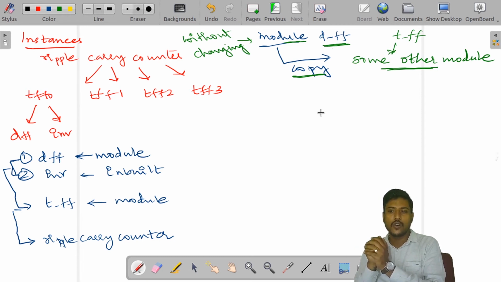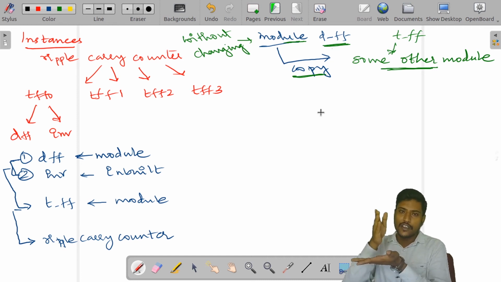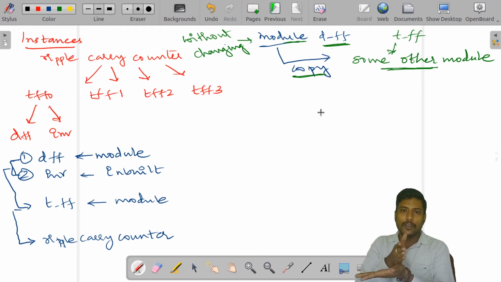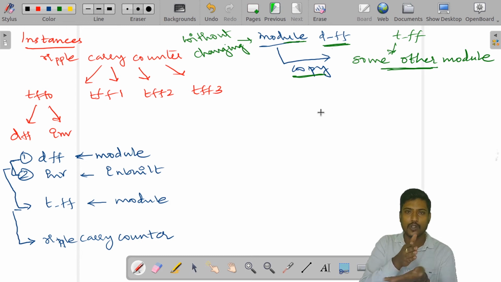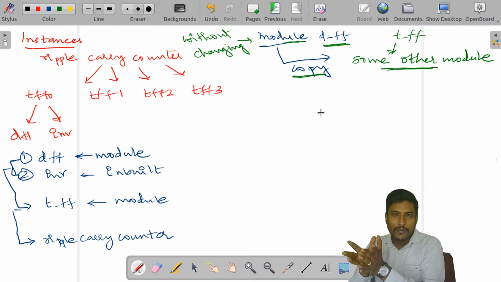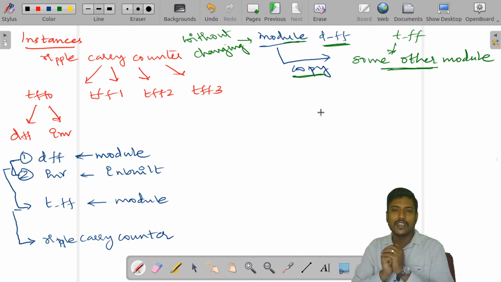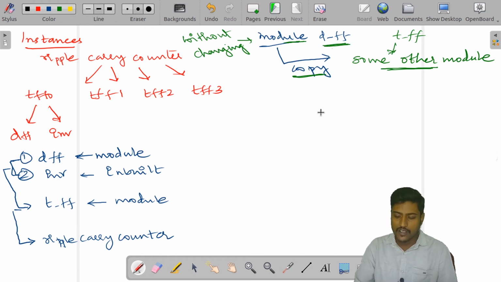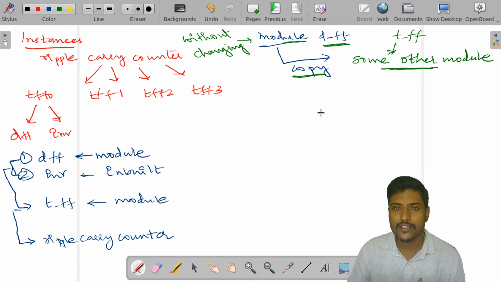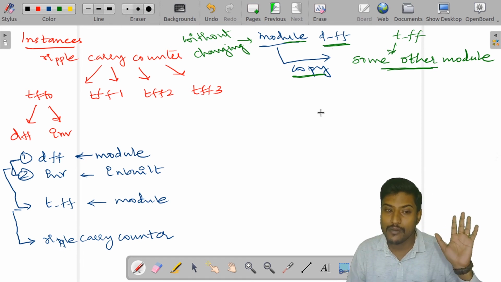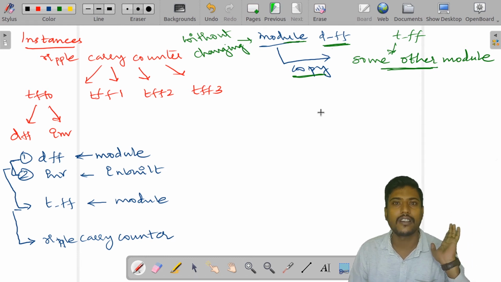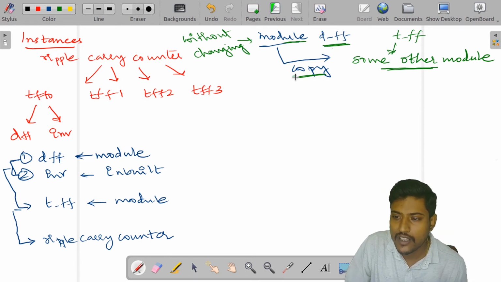So, how does it do that? What Verilog does is take your original program, take a copy of it, or create an object from that particular module, and that object will be placed inside your T flip flop. So even if I make changes to the connections in that particular module, the main module that I have written won't be altered, since it is a copy.